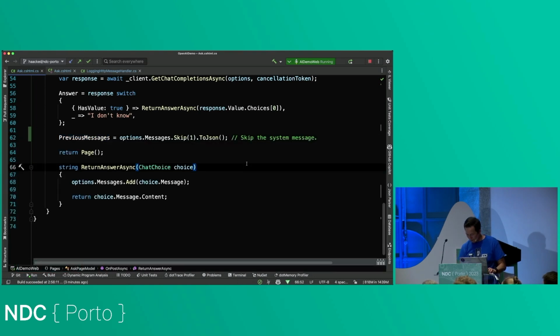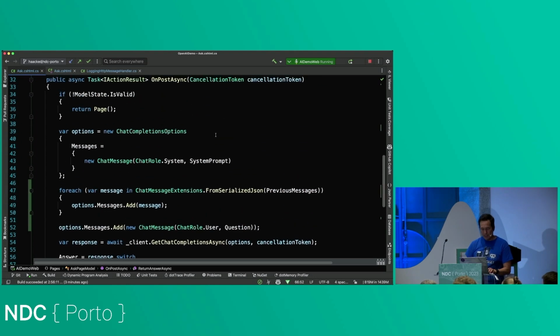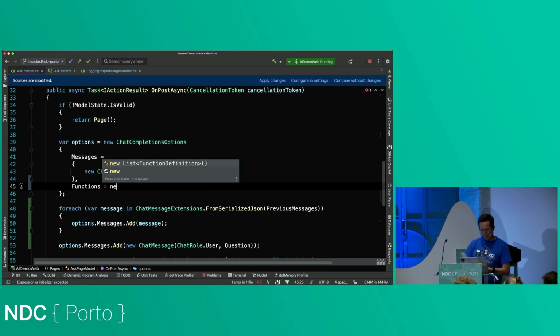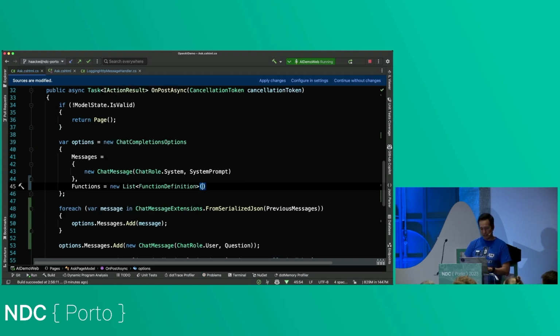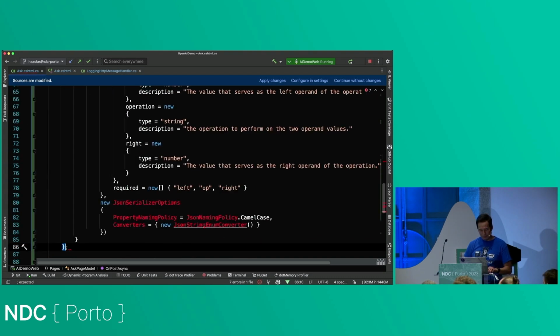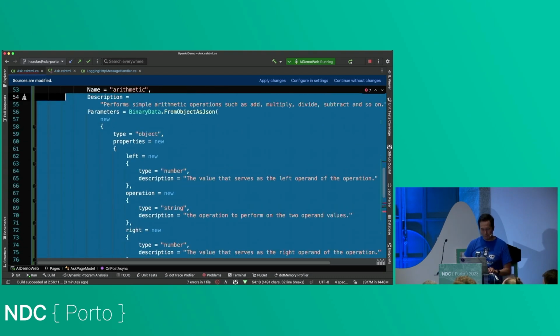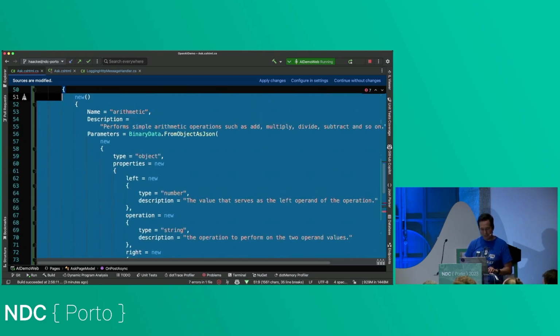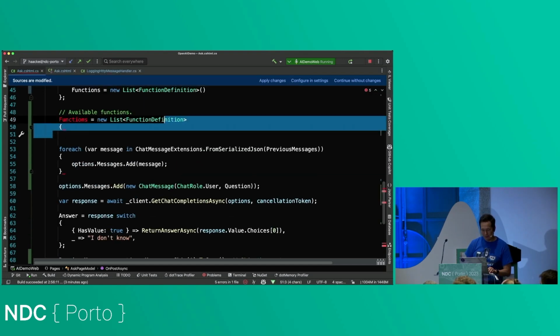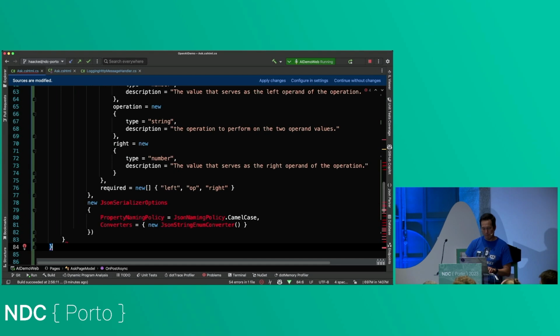So let's do a function call. Here, when we're doing these chat completions, we need to add functions. And this is going to be a new list of function definitions. I actually wrote this out a while ago, so let me just pop that in there. I know it's cheating, but let's see. Did I do this right? Bam.